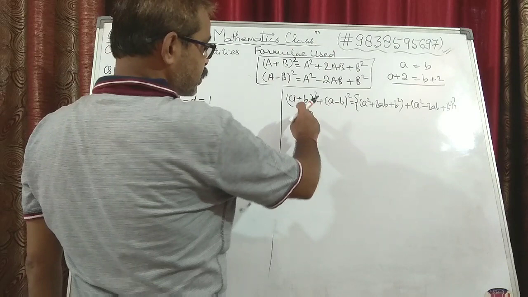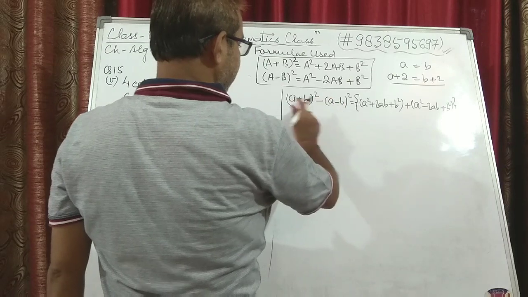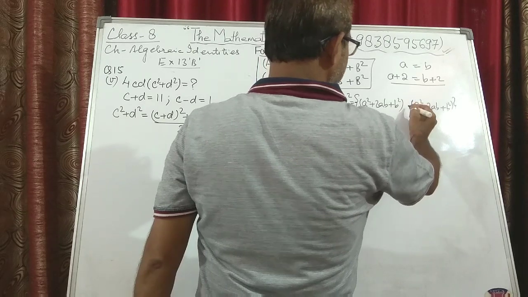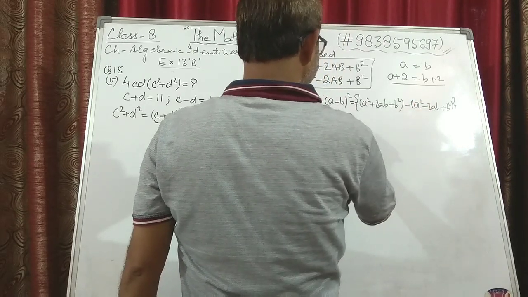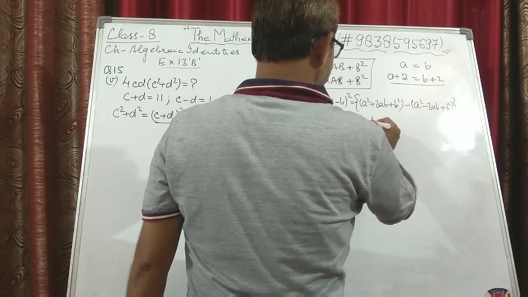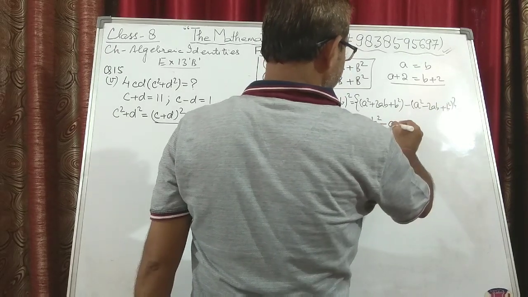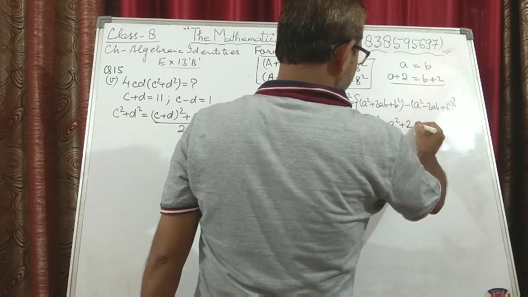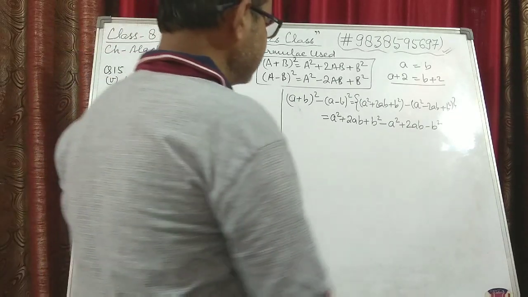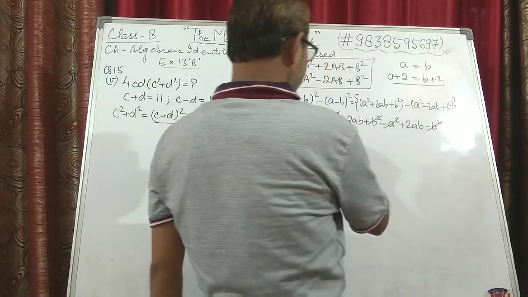Now in the previous question we added them. Now we are subtracting them. So I am putting a minus sign: (A plus B) whole square minus (A minus B) whole square. So here also in the expansion it will become minus. When you open this you will get A square plus 2AB plus B square, and when you open the bracket the sign inside the bracket will change, so it will become minus A square plus 2AB and minus B square. Now you can see that plus A square and minus A square cancelled, plus B square and minus B square cancelled. You are left with